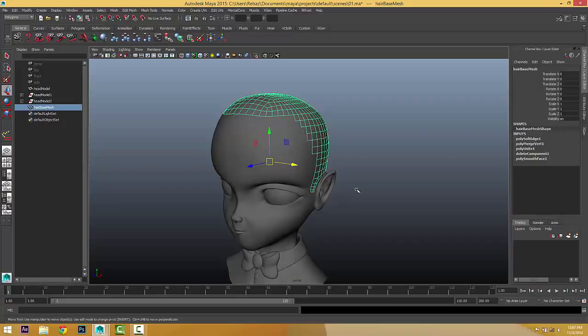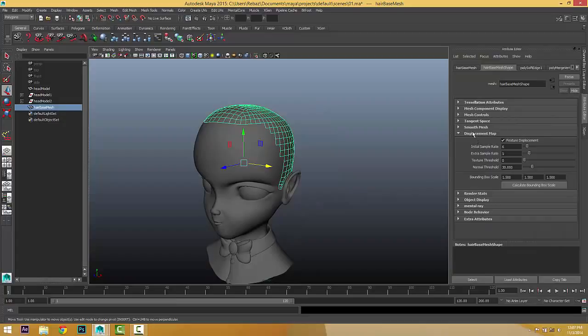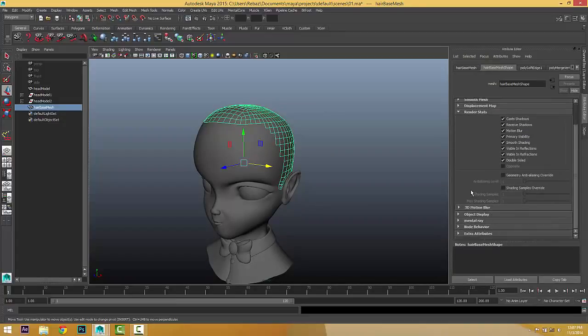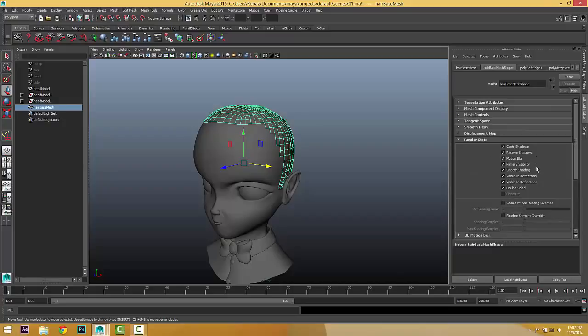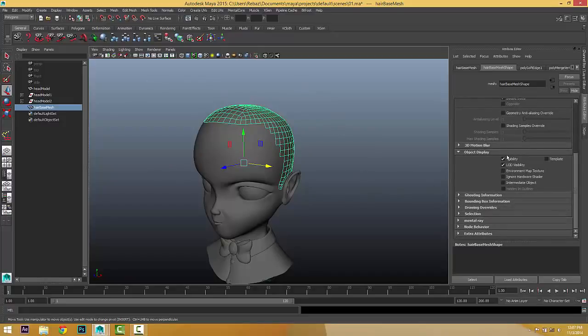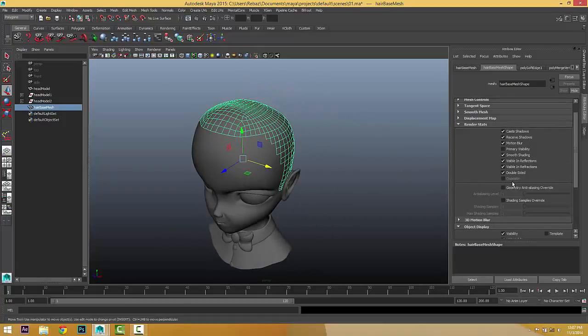I always make this not renderable. In the render stats, in fact in the object fields, I usually like to not be renderable, so the primary visibility is off. And if I want it to be invisible in the viewport also, I can turn the visibility off here. But I want to see it in the viewport, so let's turn this on, but the primary visibility